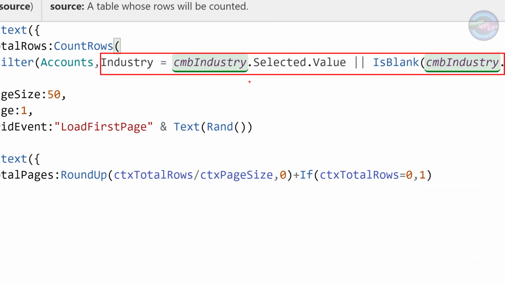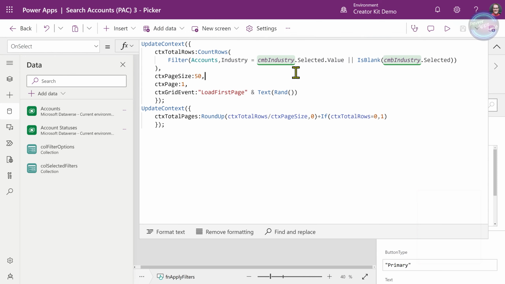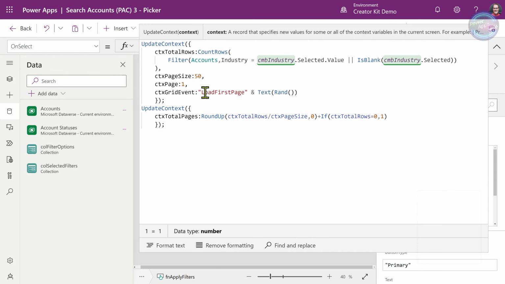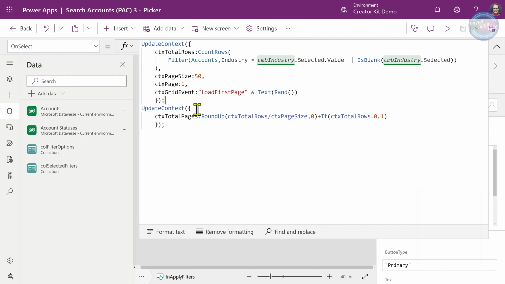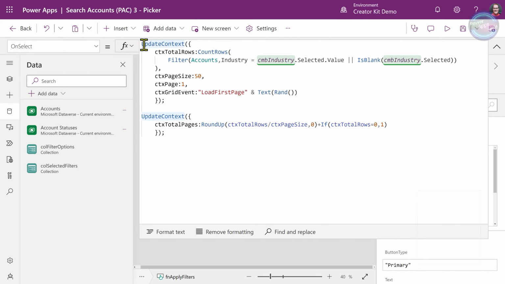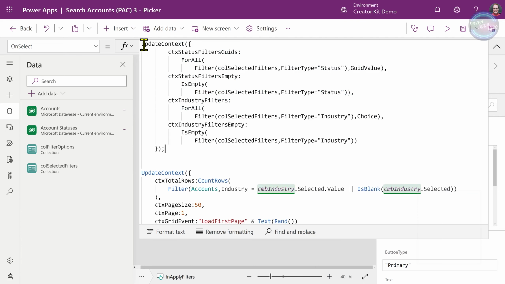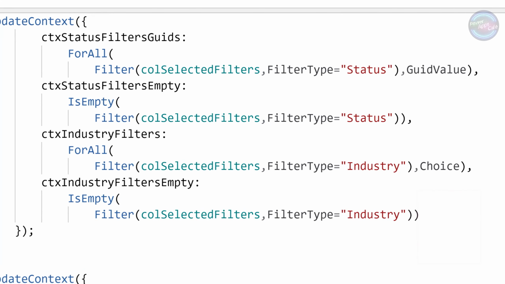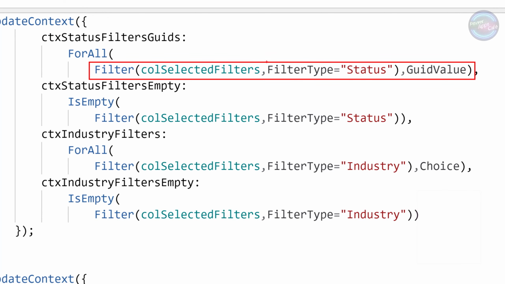But the really good news is that now we have the ability to delegate in on GUIDs, and it means that we can very easily implement this functionality. So what I'm going to do here is add in a little bit at the top here, a little update context, which is going to do something very simple, which is going to grab from the selected filters all of the items that are a status, and get the GUID value.